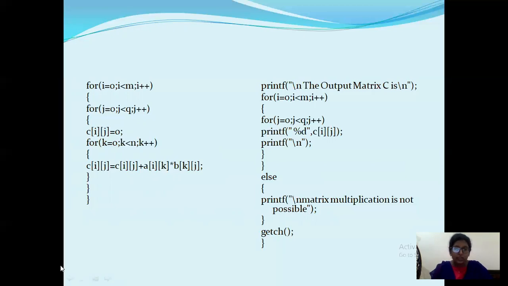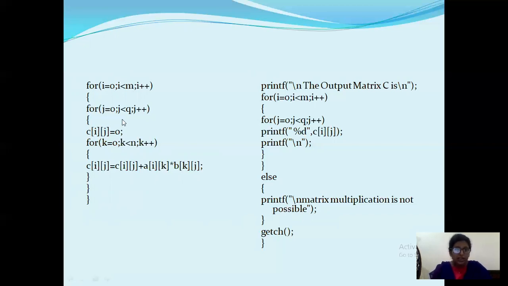Like that you are going to multiply. The first row elements will be multiplied with the first column elements, then with the second column elements, then second row elements will be multiplied with the first column elements and the second column elements. So for that one, here you require another loop called k.